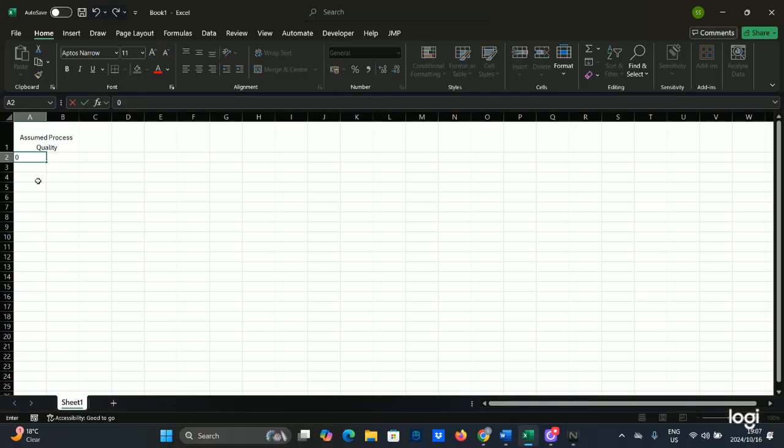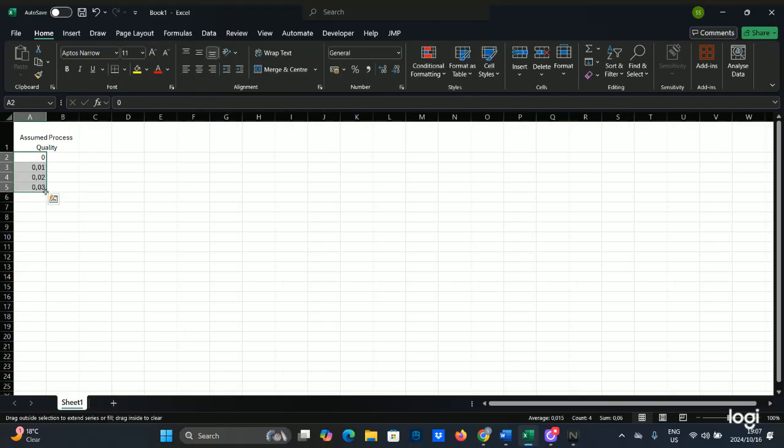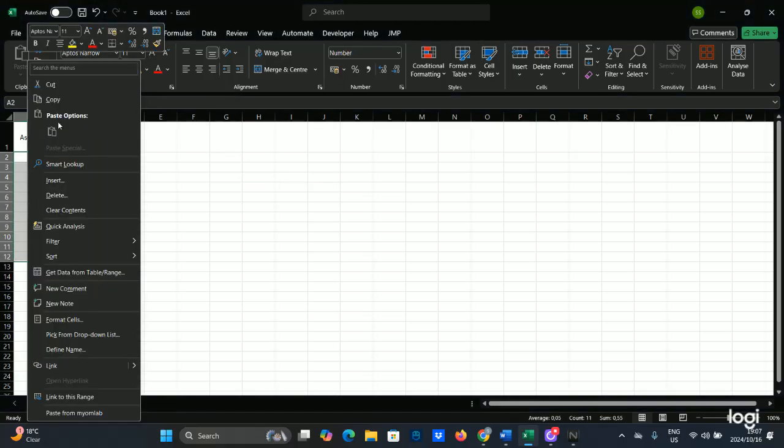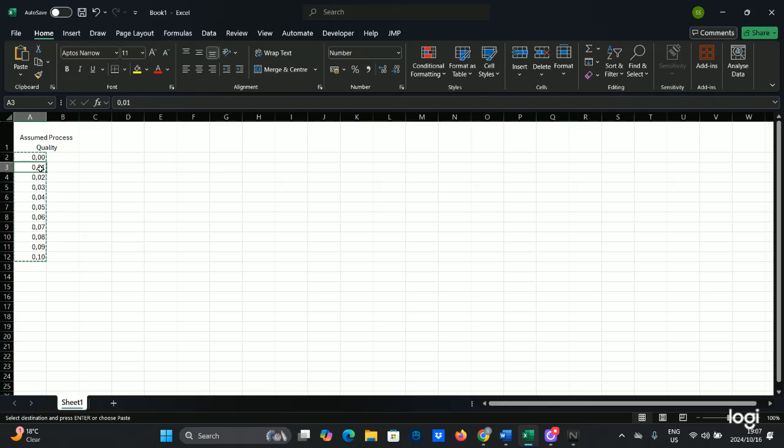So we start from 0 because they might find 0, and then 0.01, 0.02, 0.03, let's say up until 10%. So we select this, and after we type, we drag it to maybe 0.10, or 0.1. Let's say I'm trying to move this down so I can type here. This is gonna be your assumption,